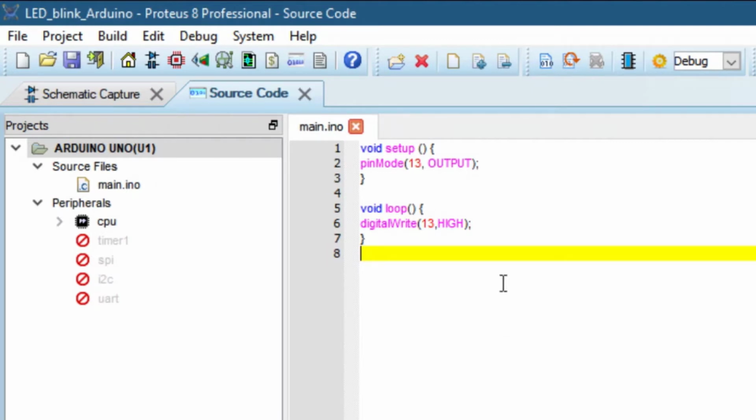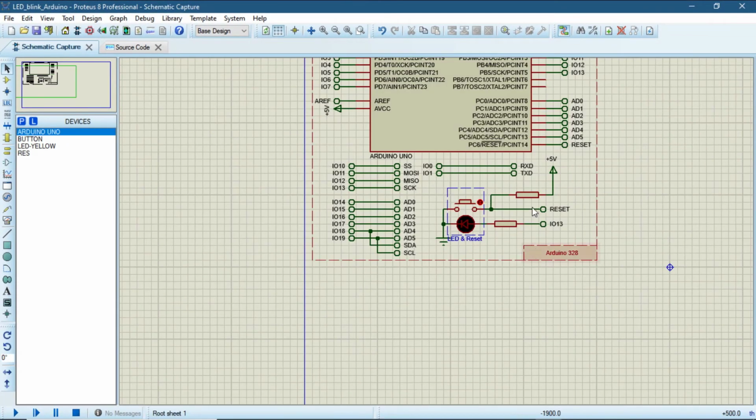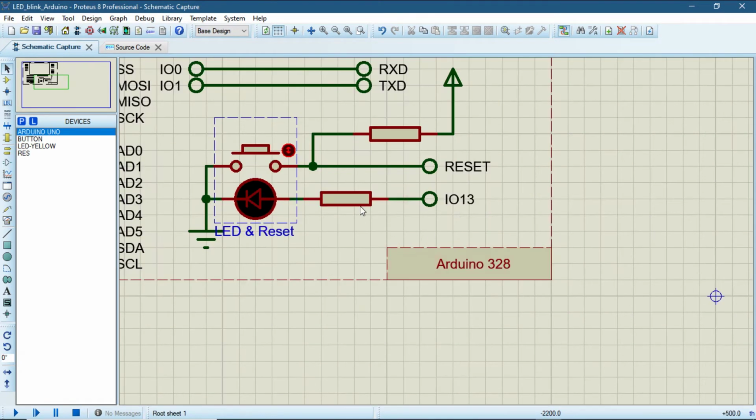That means there is one LED which is attached at pin number 13 and I am setting it up as high. We go to the schematic and we check that there is pin number 13, IO13, and there is the same pin number IO13. An LED is already connected, so we don't have to connect it again. That was the reason for choosing pin number 13. In Arduino also there is an inbuilt LED which is already attached at pin number 13.